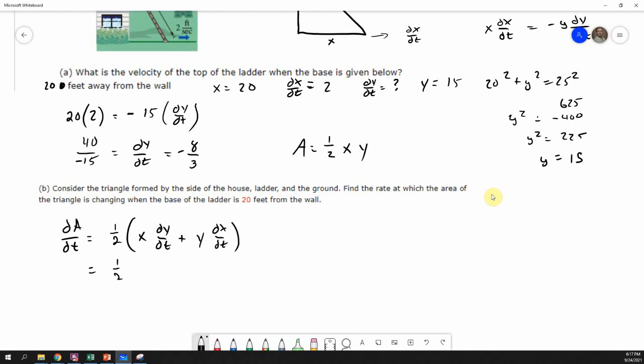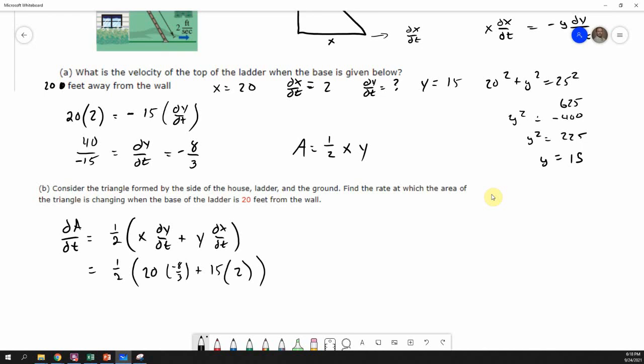And I have to literally just plug these values in. So x was 20, dy/dt was negative 8 thirds, plus y, which was 15, times dx/dt, which was 2. So if I plug all that in, 1/2 times 20 times negative 8 thirds plus 15 times 2,